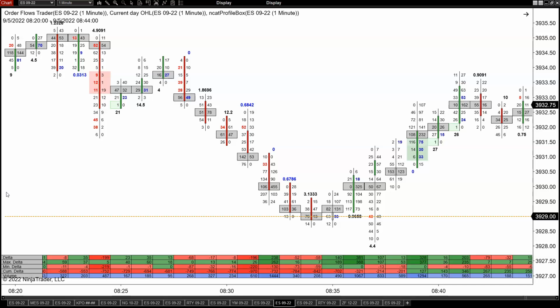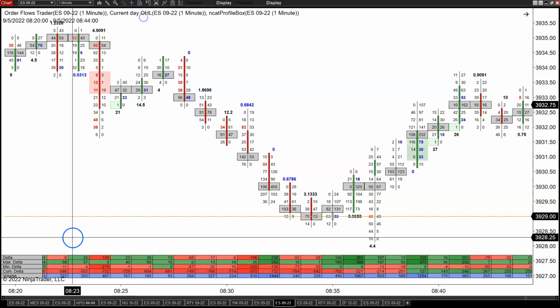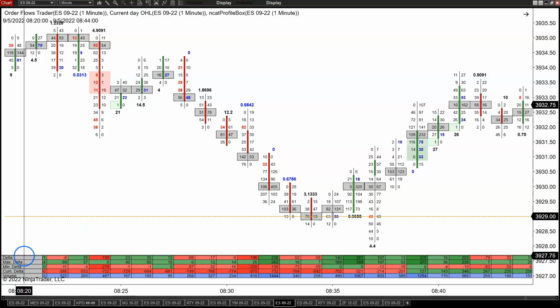Now, there are different ways that you could look at delta, and on most order flow charts, it will appear along the bottom. You can have delta, max delta, min delta, cumulative delta, and a few other ways of doing it. They do percentages of bars, cumulative delta divided by volume. But for the most part, most traders look at the delta, the headline number, the max delta, the min delta,